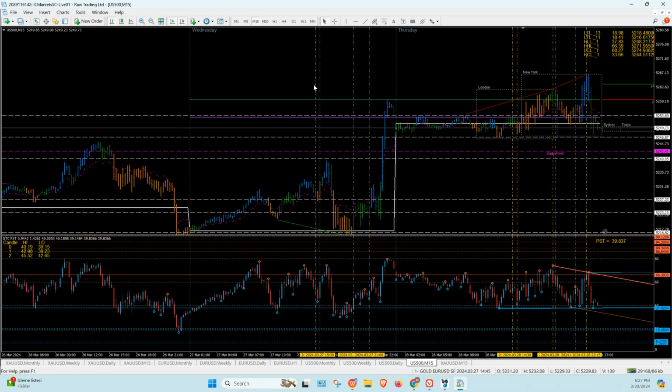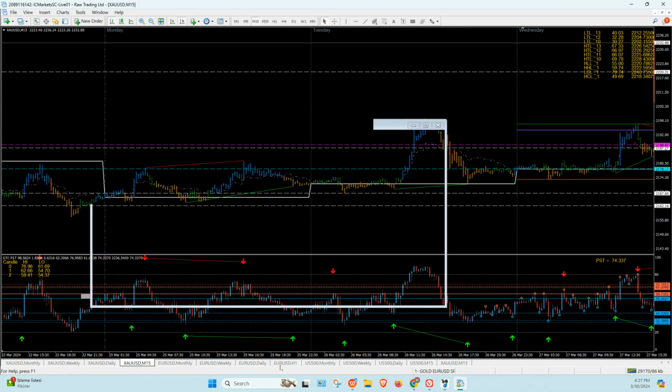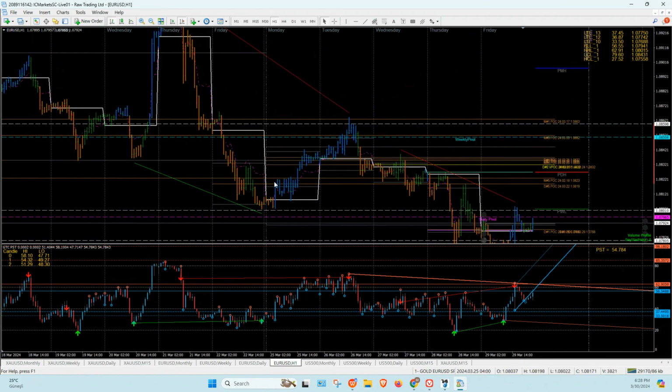This is the same setup for anything and everything. You got to match price to a technical level and the time. When they match, you've got a tight stop loss trade. And then you can pretty much follow that through. Same thing with gold. Same with euro dollar. Look, for euro dollar, I said Tuesday, Wednesday is a swing day, and I gave you that price. I said if we're at an Astro hour at this price, and if you take a look at your Astro hours, Tuesday,